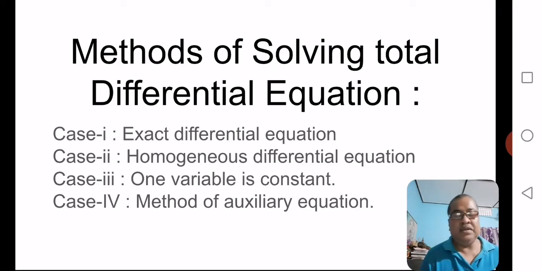Therefore, dx divided by del q by del z minus del r by del y is equal to dy divided by the coefficient of q, that means del r by del x minus del p by del z, is equal to dz divided by the coefficient of r. The coefficient of r means del p by del y minus del q by del x, which are called the auxiliary equations, and these auxiliary equations can be solved like simultaneous differential equations. In case of simultaneous differential equations, various methods are there. One of the methods is we can find the multipliers. After that we can solve it very easily.